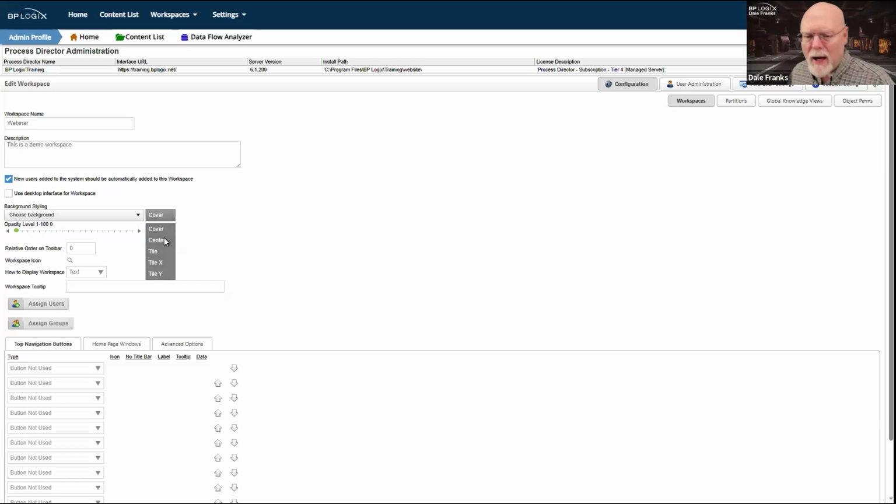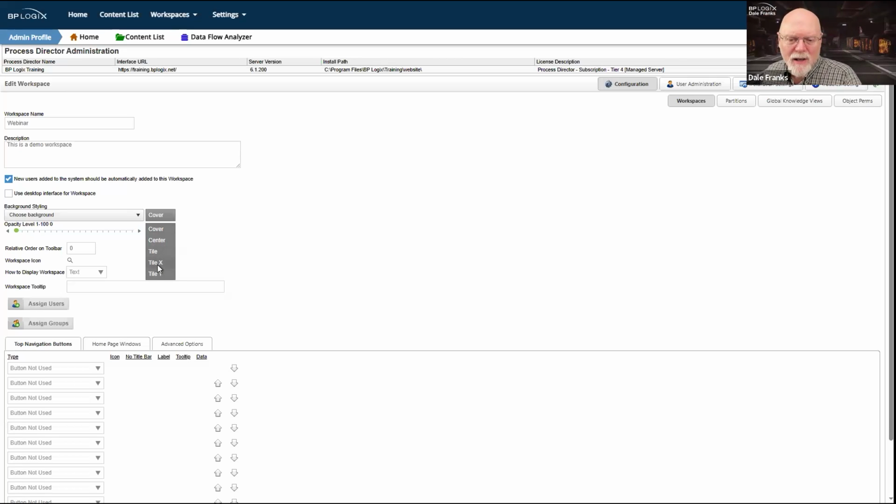So this drop down enables you to determine how you want those images displayed, whether you just want the image to go into the center, which means that there might be white space along the outside of that image on larger monitors. You can cover, which will just expand the image to fill whatever space it is in the workspace automatically, irrespective of their screen size, or you can tile the image. The default tile mode tiles from left to right, top to bottom, and it just repeats the image as many times as it needs to along the width and down as many rows as it needs to.